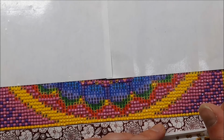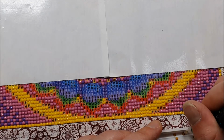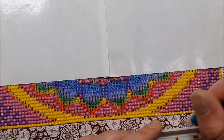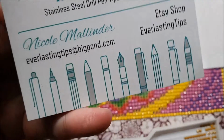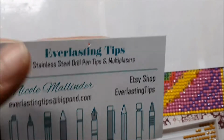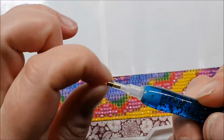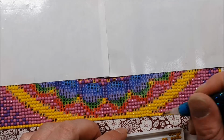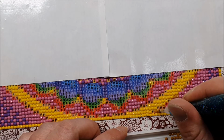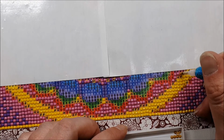Now the other thing which I just remembered that has come in, that I was going to talk about, and I've left it inside, is the everlasting tips. They're from Etsy. I've got my tag here, the business card. That's them there. Now they are a little bit pricey. So the single placer is just, you take out this brass bit here and replace it, and then they have multi placers. They're a little bit pricey, but oh my God, are they fantastic? I love it. Absolutely have fallen in love with my everlasting tips,